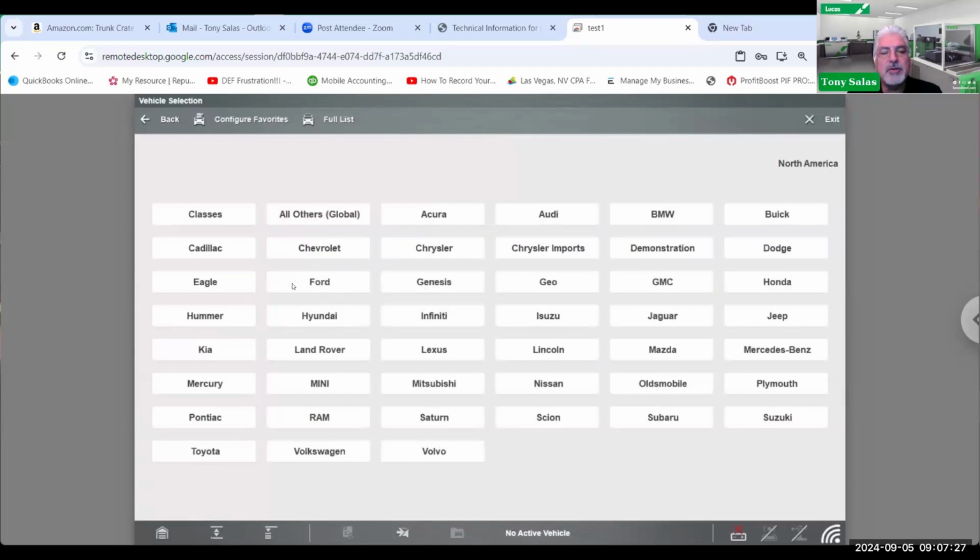But what I'm going to show you is the guided component test, because the subject of this webinar is looking at PIDs. And what is PIDs? A lot of the PIDs is sensor input. So many times, technicians are kind of lost, because I got to tell you, these last few days, I went